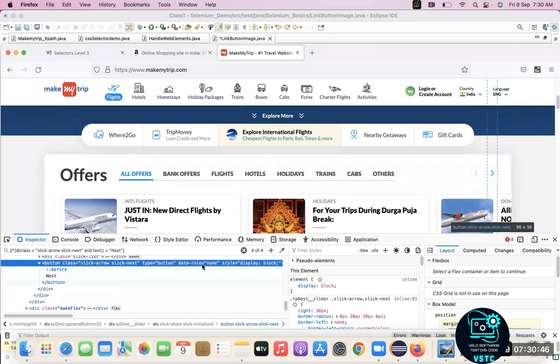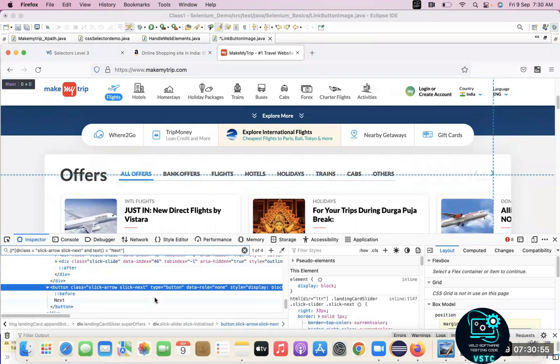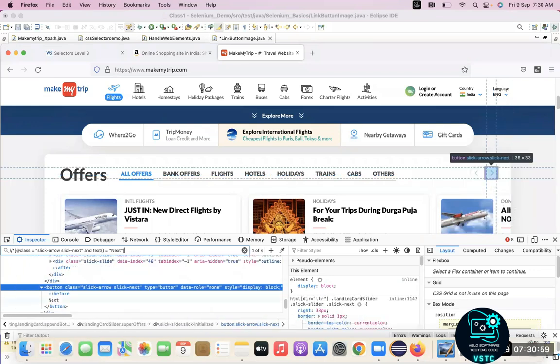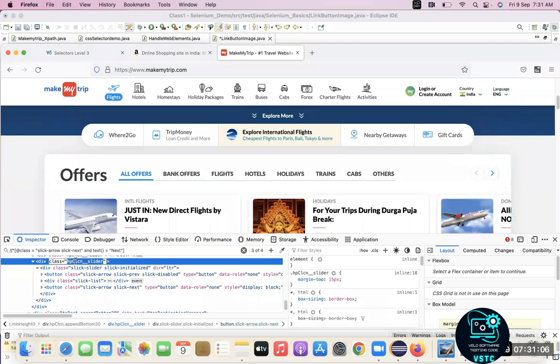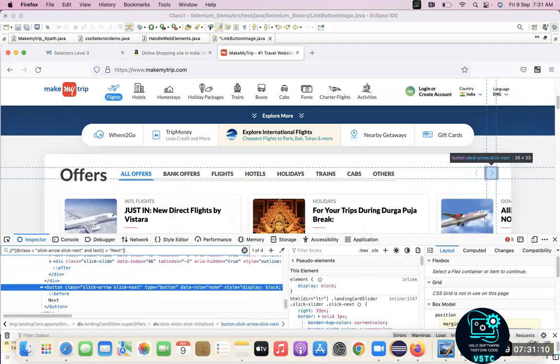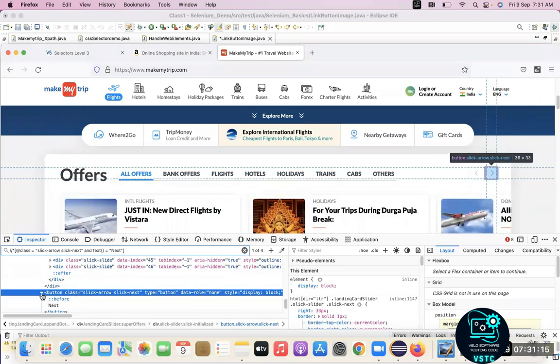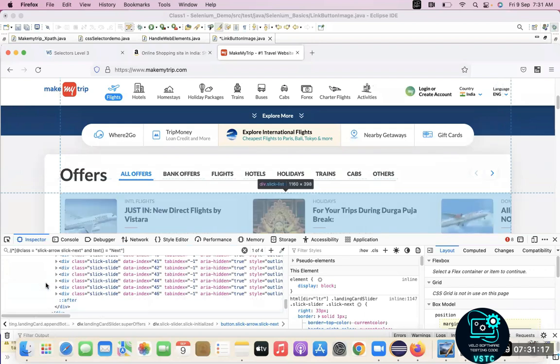This is also type button, data role null, display block, and next. For the next entry, let me check all the 4 so that I can get any difference. No, there is no difference between all these. Then what we have to do, we have to go to the ancestor or descendant to find a particular thing. So first, let me go to the first occurrence. This is the first occurrence, right? As I'm not able to differentiate between all the 4,